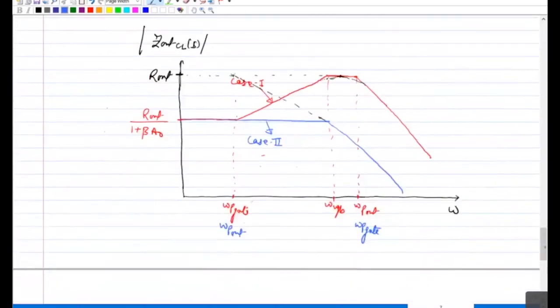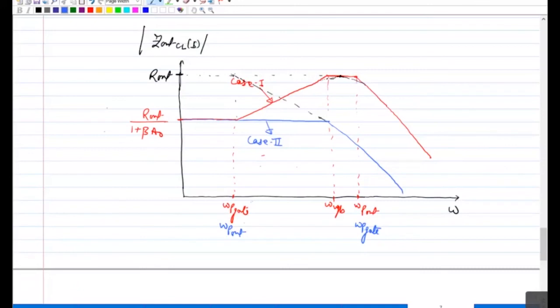open loop, and it will basically intersect at omega UGB, because at omega UGB your loop gain, the feedback gain, will be unity. So they will intersect with each other, and after that there is no feedback as such beyond UGB, because your loop gain is less than 1 after UGB. So all the separation in the impedance will be coming from your output cap, and then you will have the same response as you had in the first order, which is basically it will follow the curve R out over 1 plus S over omega P out.